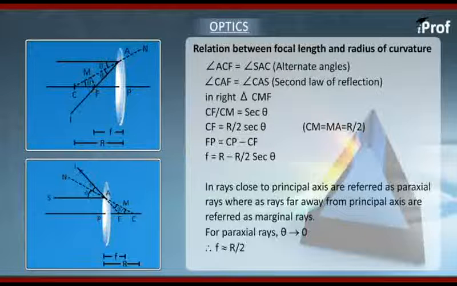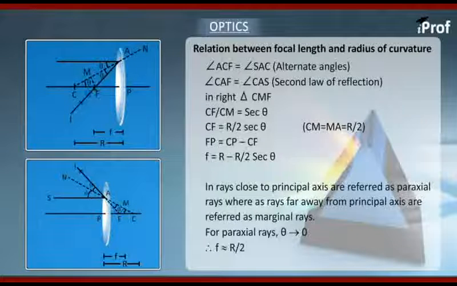Pole of the mirror is shown, principal axis is shown. The same situation is shown for a convex mirror also. Here the ray parallel to principal axis will appear to come from the focus. Now we need to calculate FP, that is, by definition the distance between focus and pole is referred to as focal length. Now in triangle CAF, we draw a perpendicular from the focus on the other side,